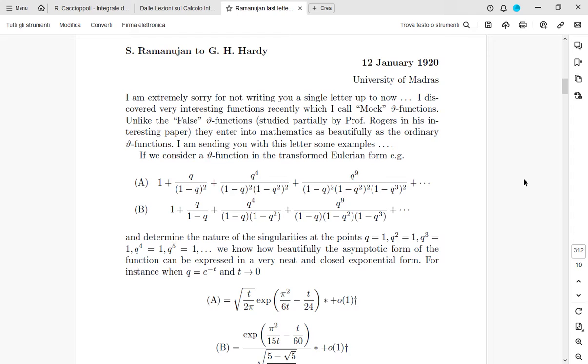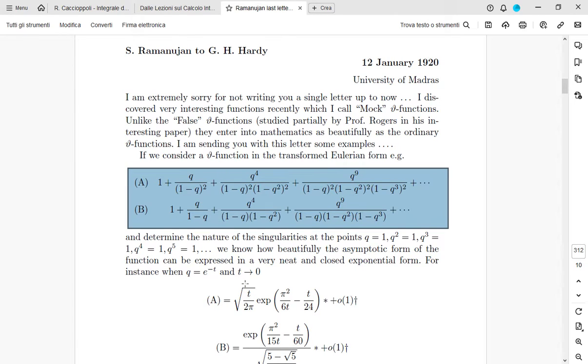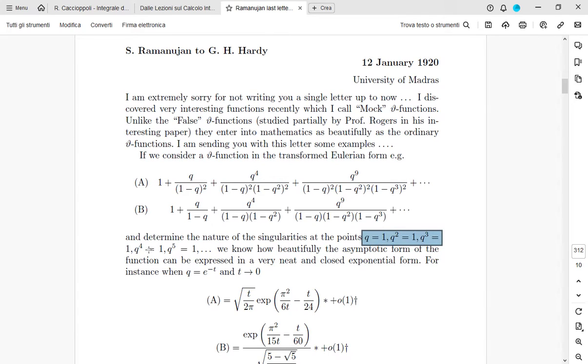If we consider a theta function in the transformed Eulerian form, and determine the nature of the singularity at the following points, we know how beautifully the asymptotic form of the function can be expressed in a very neat and closed exponential form. For instance, when q equals i